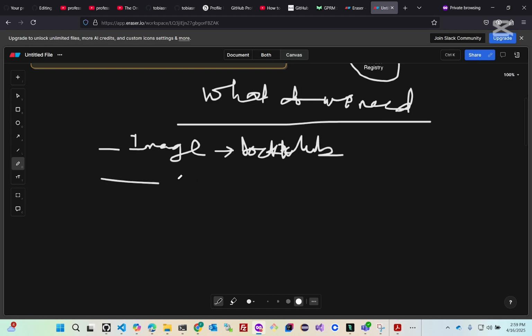Then two, we need to have our Kubernetes cluster. In this case, we are going to be using EKS. We are going to set up a Kubernetes cluster on EKS. And of course, just because of time, I've already deployed that and I'm going to show you. Then after we have set up and configured our EKS on AWS,